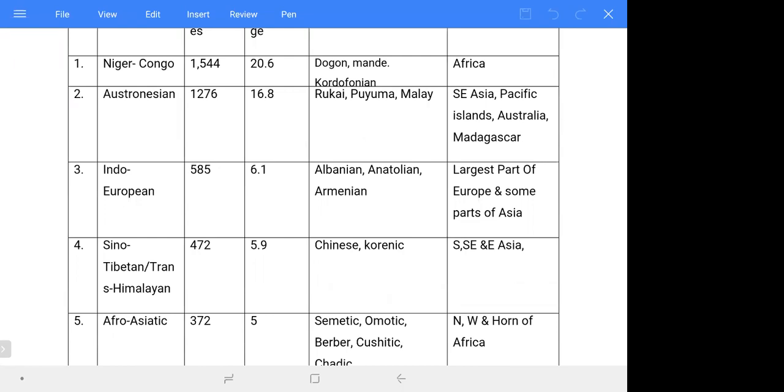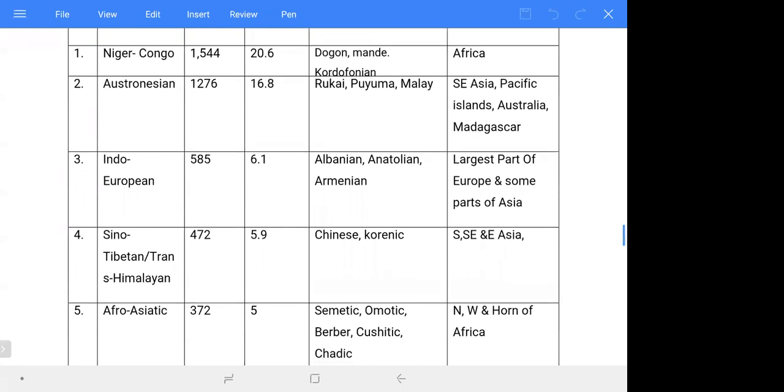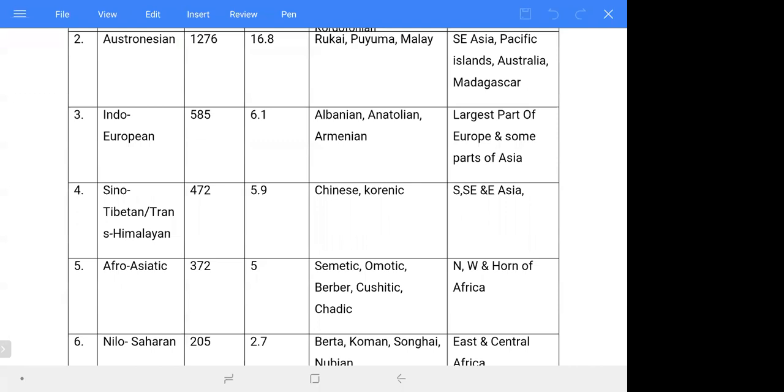Then Indo-European, for people in most parts of Europe and some parts of Asia, yes? Anatolian, Armenian, Albanian are of the branch. Then Sino-Tibetan or Trans-Himalayan,